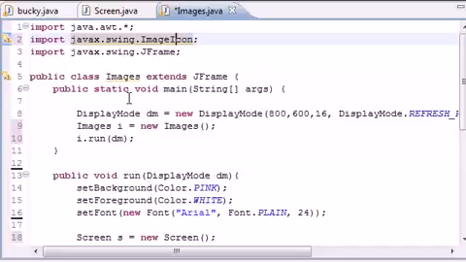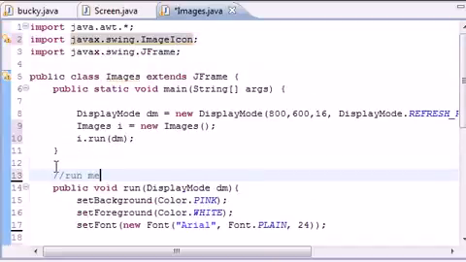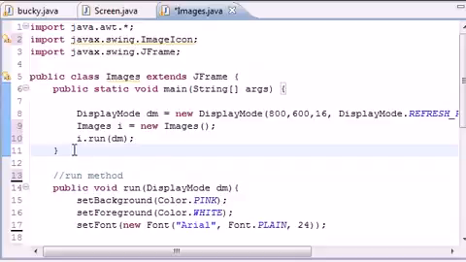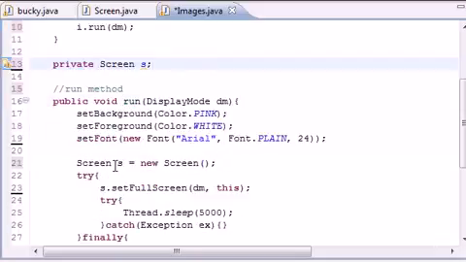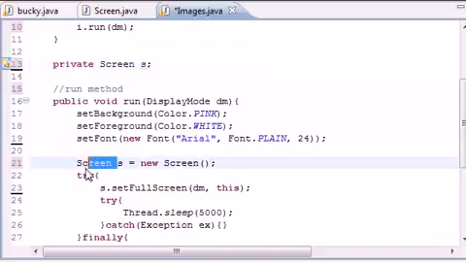The first thing we need to do is some housekeeping things. So right under your main method right here, this is where your run method starts. Run method right there. And this is where your main method ends. Let's go ahead and make some variables. Let's make a private Screen, because remember, this is our screen manager, and we'll make a variable called s. Now if we take this out right here, because we don't need to put Screen s twice,